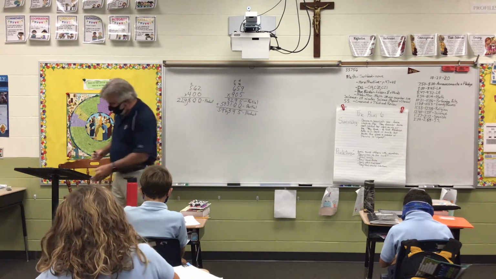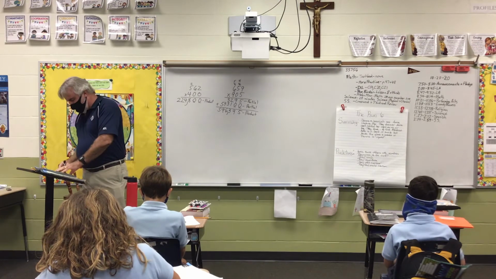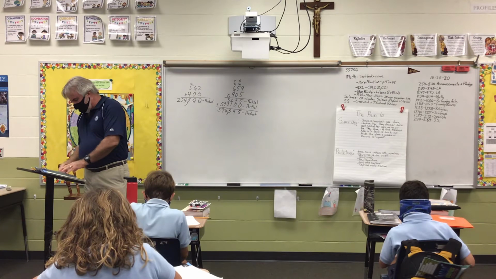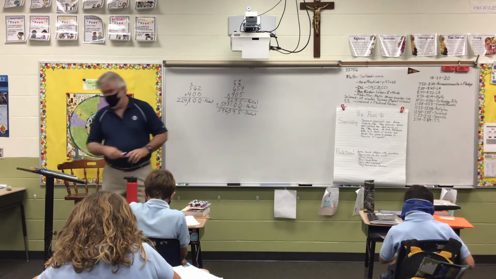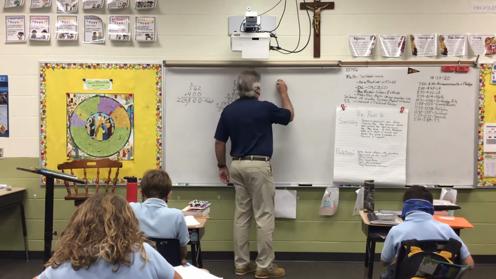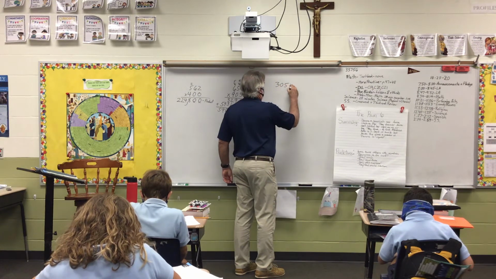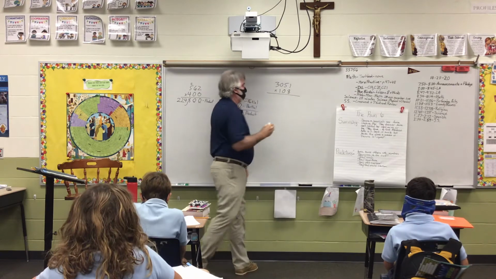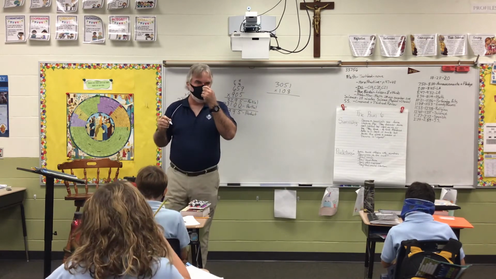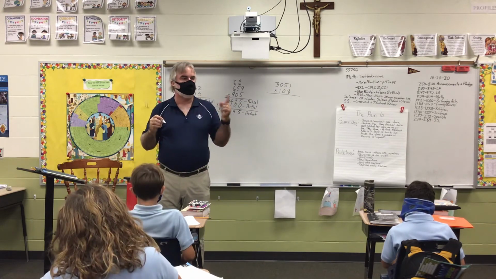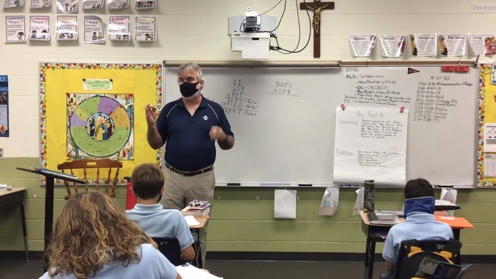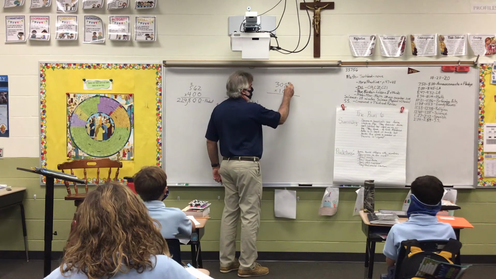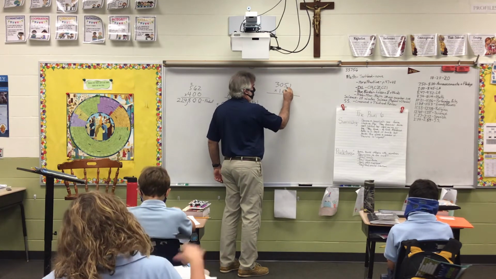Now, I want to find one more problem to do for you. And I'm doing it for a certain reason. 300,000. Now, I picked this problem for a certain reason. You're going to see in just a minute. First of all, 8 times 1 is 8 times 5 is